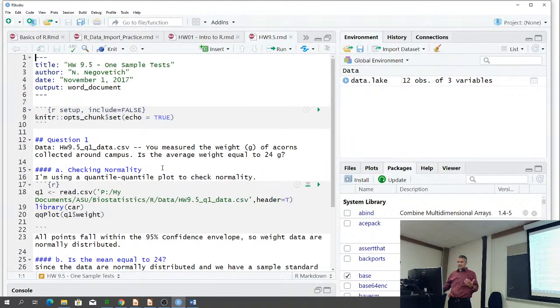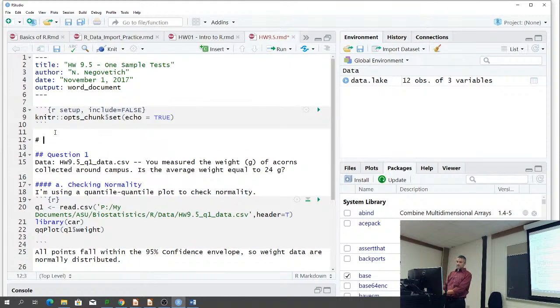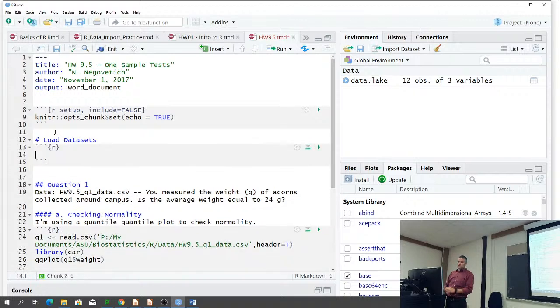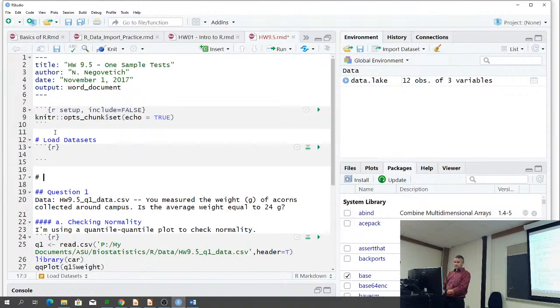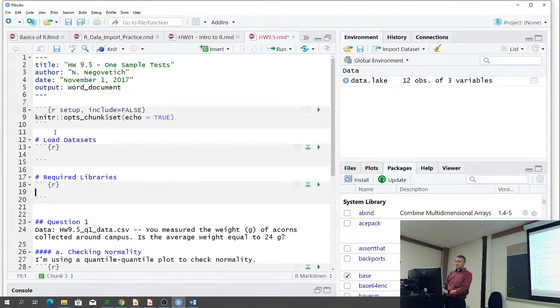What I typically do, and this is one question, is have a chunk up here that's called load the data sets. So all the data sets that are used in the homework or on the exam are all loaded in one chunk. And then I have a required libraries section. So any libraries that we use, like the car package or the vegan package or any other package, you just put right here at the top. So all the data sets get loaded right at the beginning, all the libraries get loaded right at the beginning,